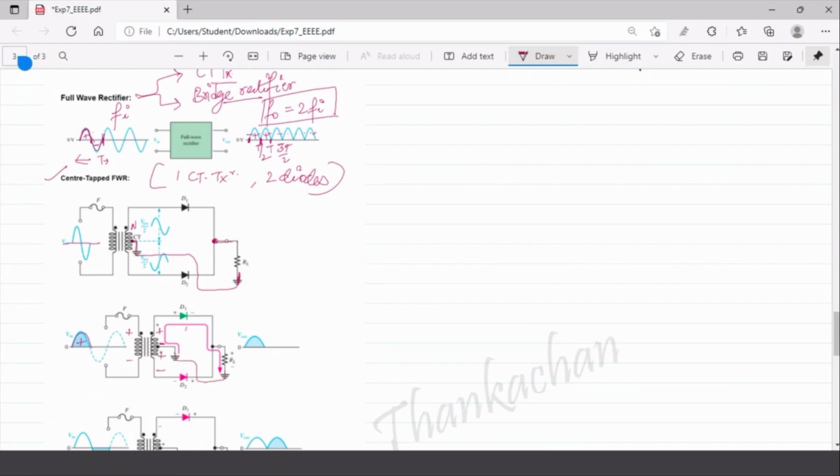Right. These 2 points at ground mean that they are at the same potential. Just to show that, they are separately connected. We can use a wire to connect these 2 points like this. So with respect to the center tap, the top is having positive polarity, and with respect to the bottom terminal of the secondary, the center tap is having a positive polarity. So this is the polarity of voltage which is induced on the secondary here, plus minus, plus and minus.